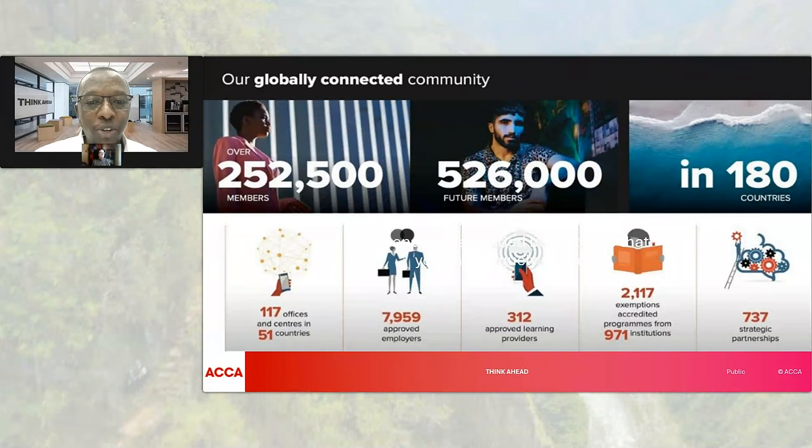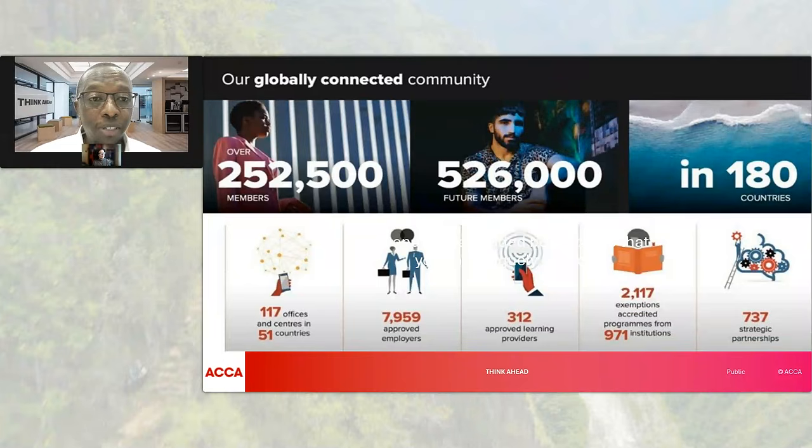So if we just kick off with a bit of a refresher and an overview about ACCA, we are undoubtedly the most globally recognized accountancy and finance qualification. We were founded in 1904, and since then, we've long championed inclusion. And today, we are proud to say that we have more than 250,000 ACCA members around the world and more than 500,000 students across 180 countries. Now, our forward-looking qualifications, continuous learning, and insights are respected and valued by employers in every sector all over the world, and your ACCA designation will be recognized wherever you go. So just a quick recap there to remind you of, probably, your motivation to pursue the ACCA qualification.